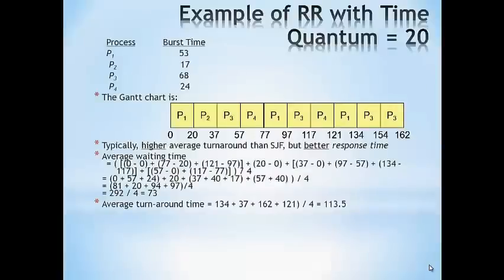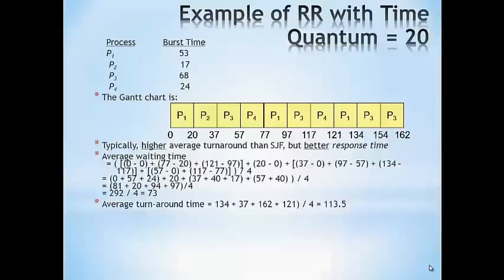Here we have a demonstration of this algorithm with a time quantum of 20 milliseconds. We consider 4 processes: process P1 with a burst time of 53 milliseconds, process P2 with a burst time of 17 milliseconds, process P3 with a burst time of 68 milliseconds, and process P4 with a burst time of 24 milliseconds. The resultant Gantt chart is as shown, along with the calculated average waiting time and average